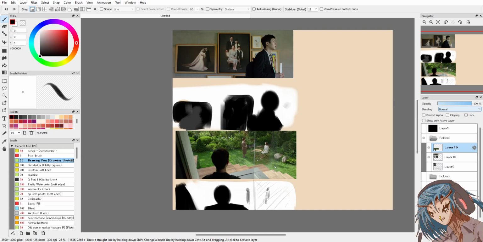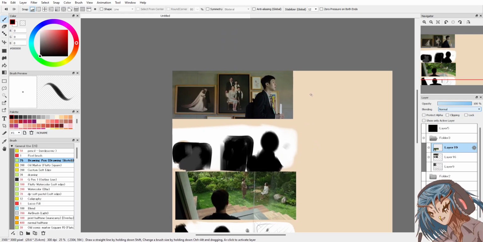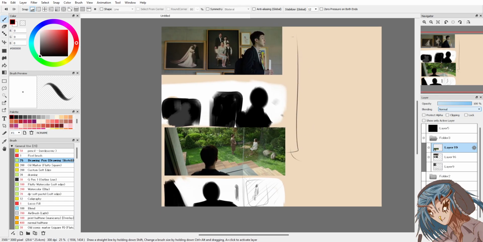Based on this lead off, I think the takeaway is everything's kind of building towards we're gonna meet this character. Everything up to this point has been establishing scenes, compositions.